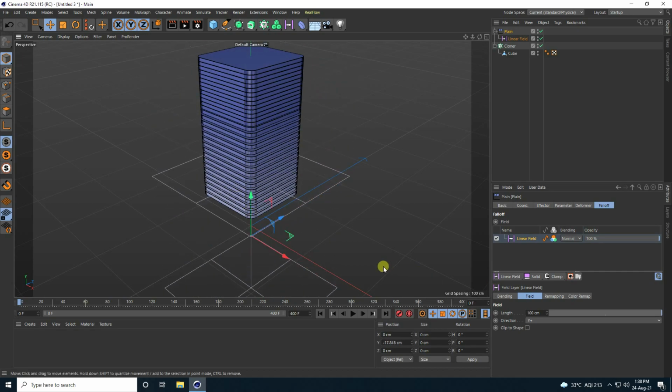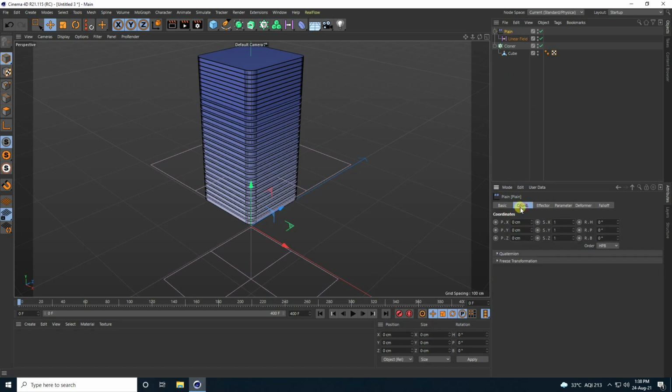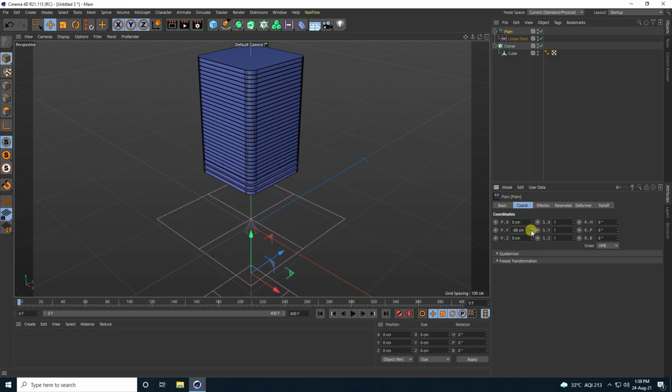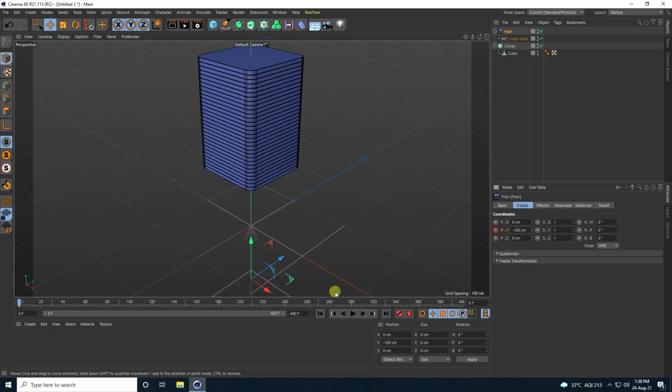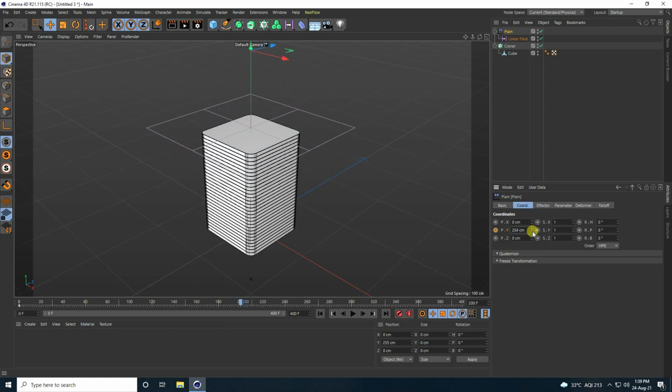Okay, so now guys, position 0. So go to plane and I go to coord. So guys, position this one, X I change like minus 100, that is good. So press this animation key and I go to like 200 frames, and position this one, go to up like this. I like 250 and press animation key.